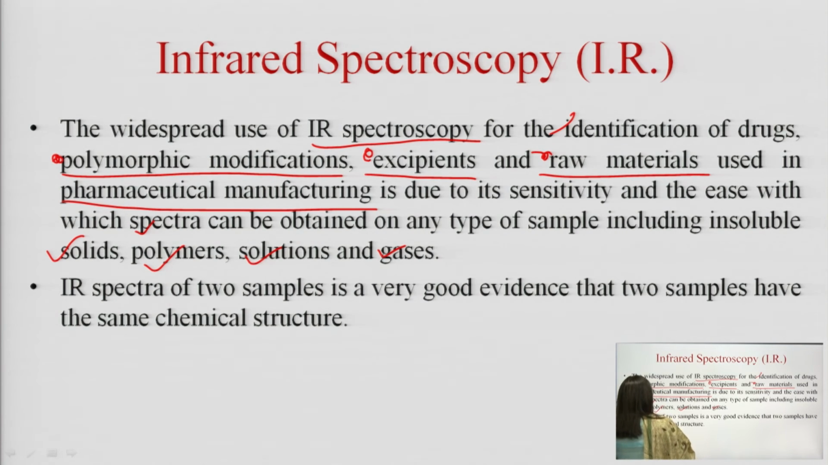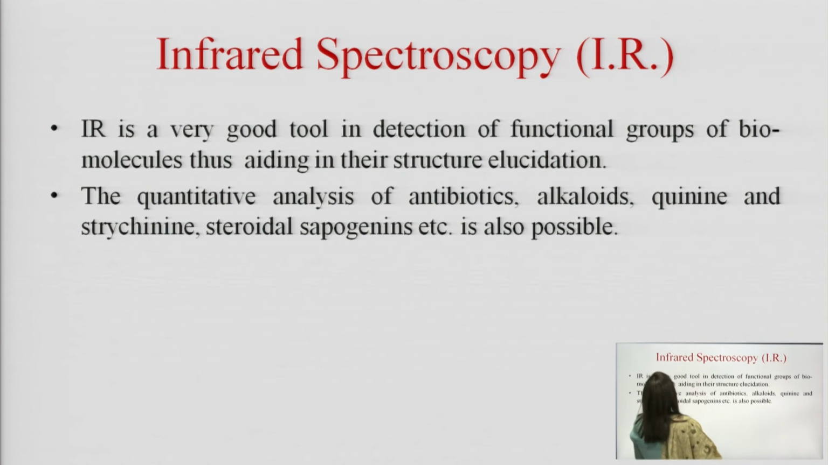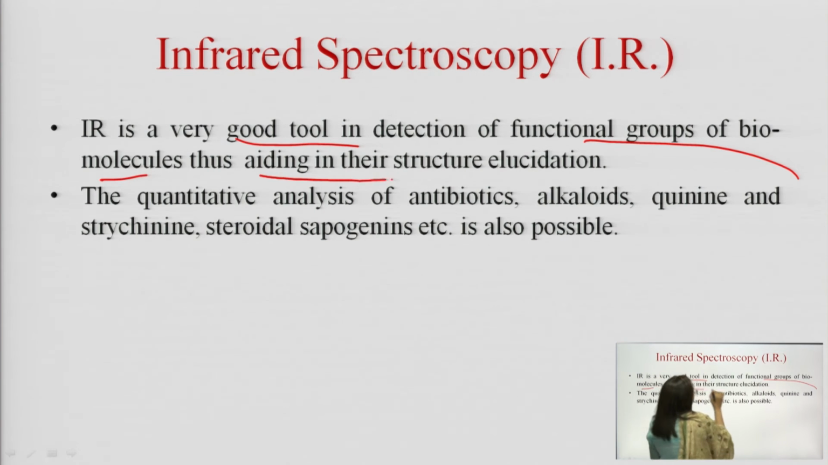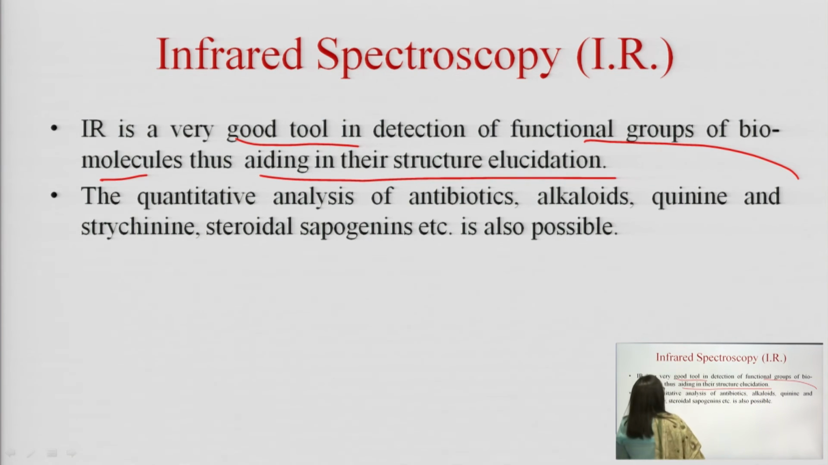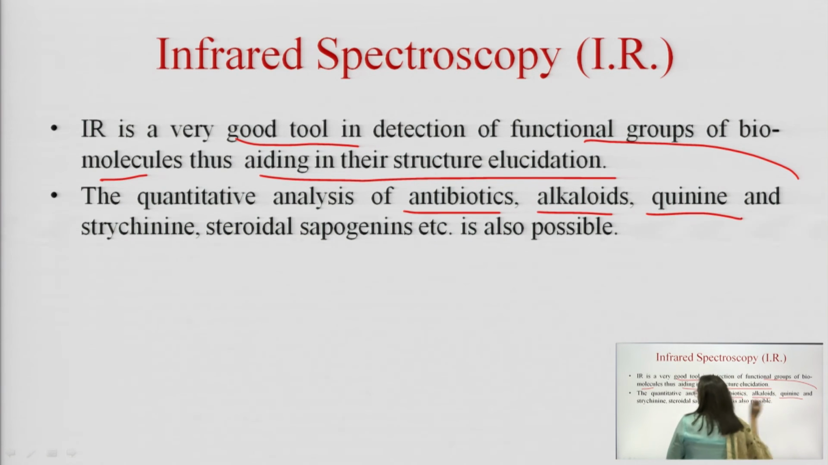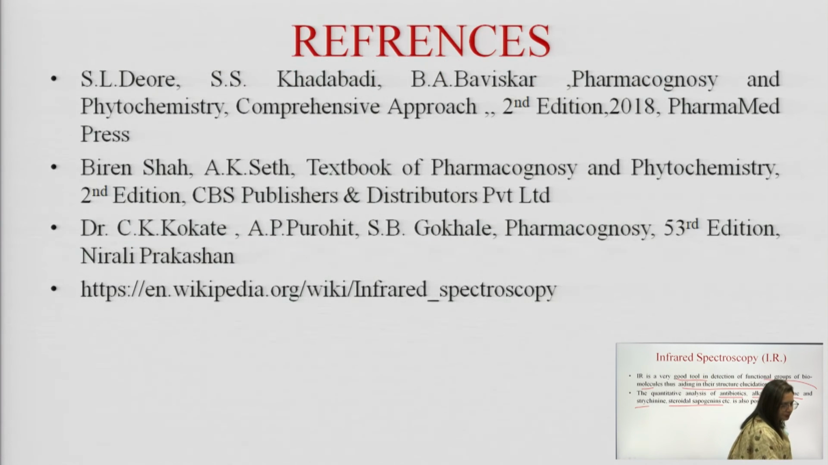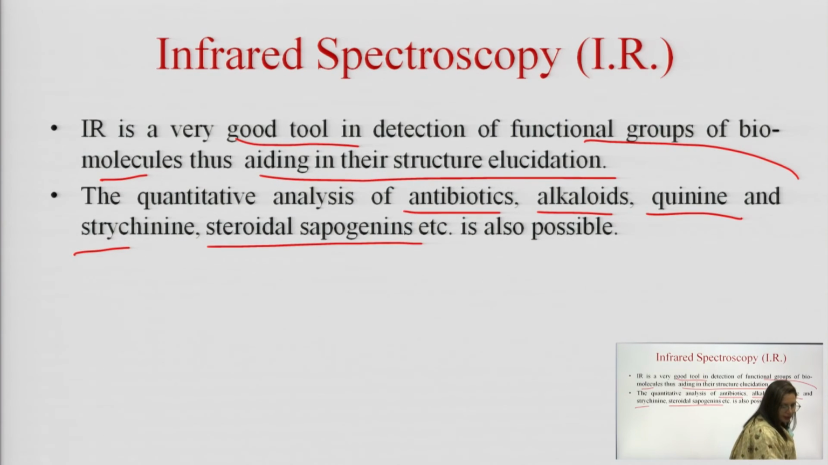So, IR spectra of two samples is very good evidence that the samples have the same chemical structure. So, IR is a good tool for detection of functional groups of biomolecules, thus aiding in their structural elucidation. The quantitative analysis of antibiotics, alkaloids, quinine, strychnine, steroidal sapogenins, etc. is possible with IR. And recapitulating the